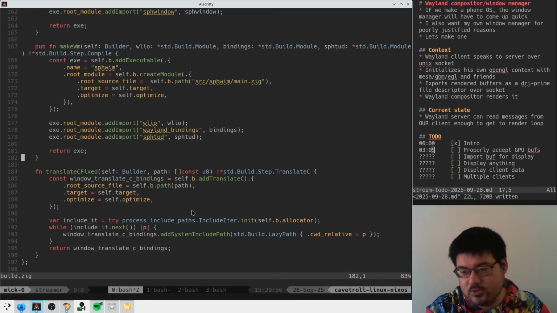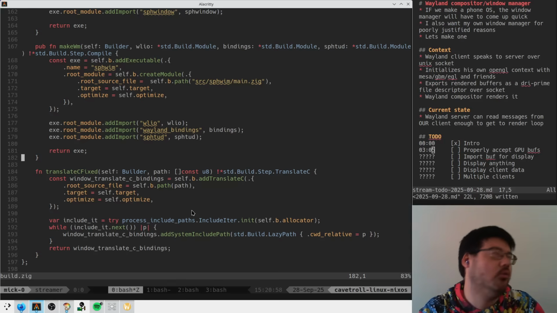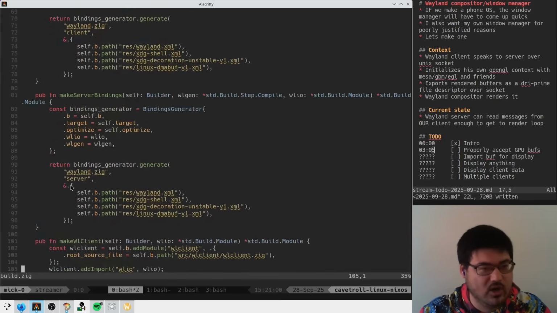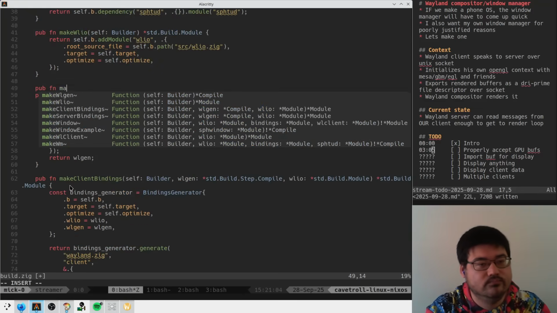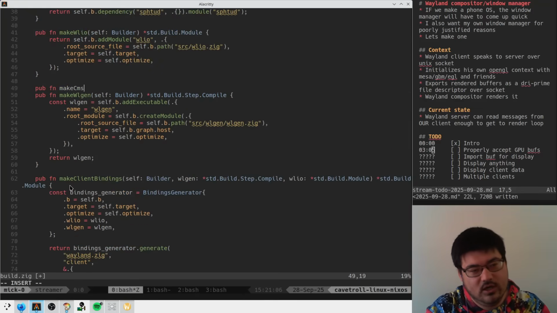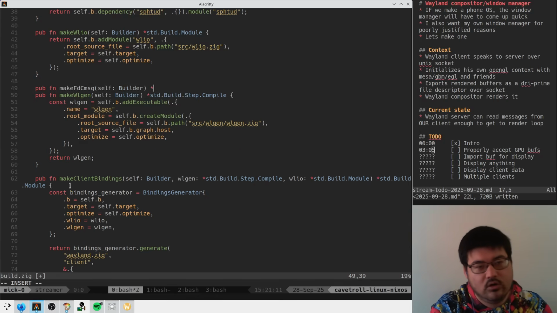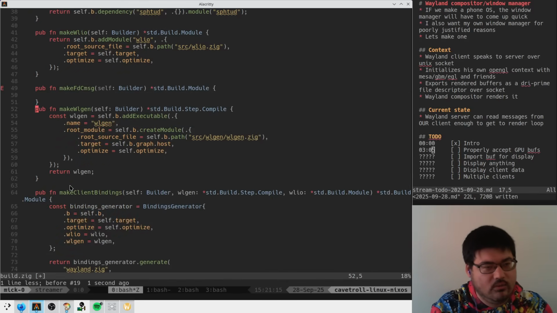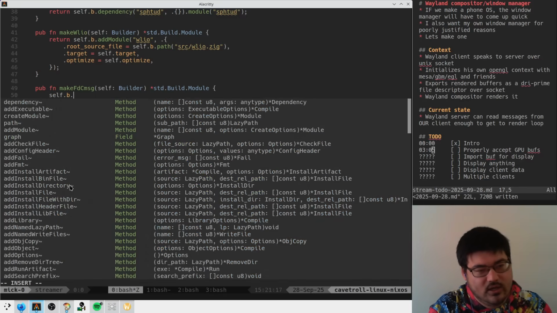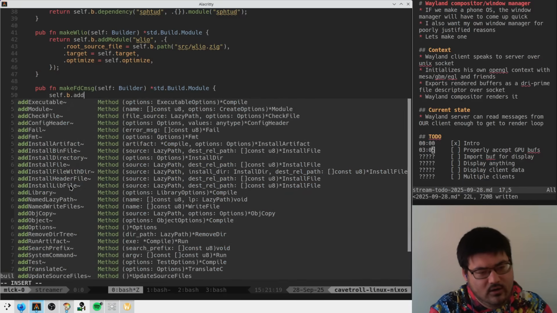If you put multiple string literals next to each other, they get concatenated. Oh, right. That is what you're supposed to do. That's way nicer. So can we make C message, make FD C message, I guess. And here we're like self b add,